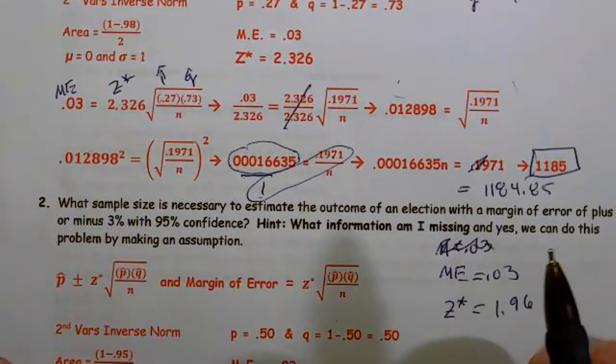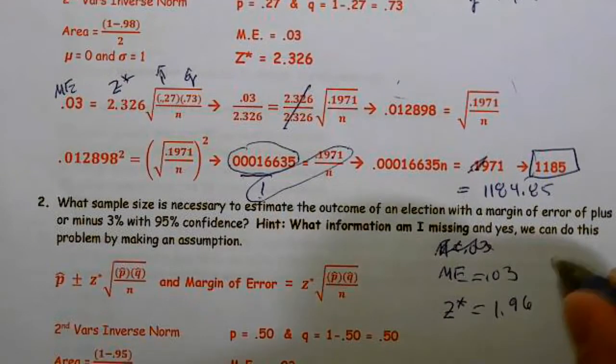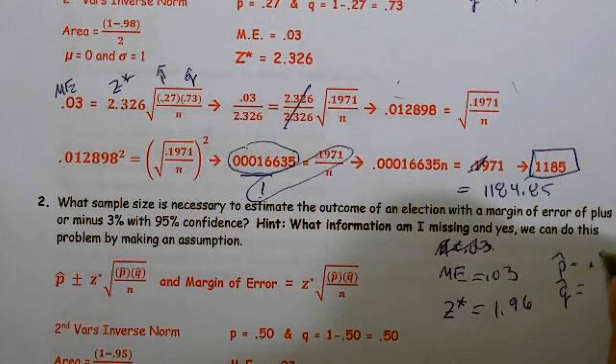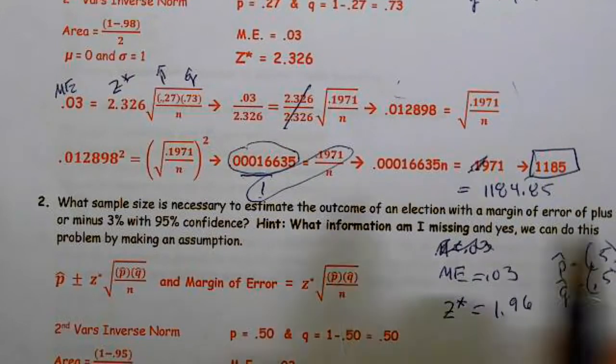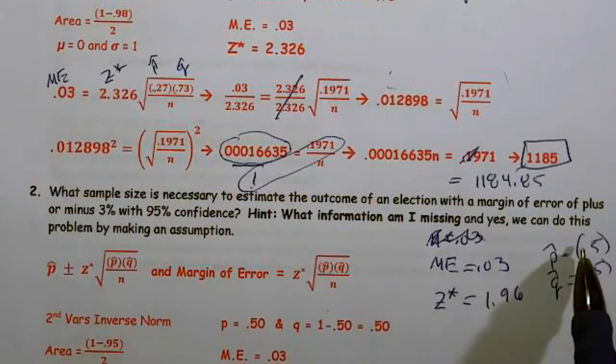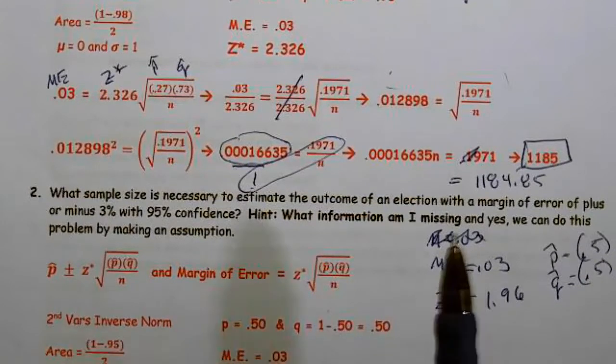All right. But when I read this, I'm looking for P hat. I also have to find Q hat. But I need to figure out what my initial proportion is. Well, they don't give it to me. If they don't give it to you, this will always be 0.5. The reason it's 0.5 is because that will give me the worst case scenario, my largest spread, my largest standard deviation. And 0.5 times 0.5 is 0.25.